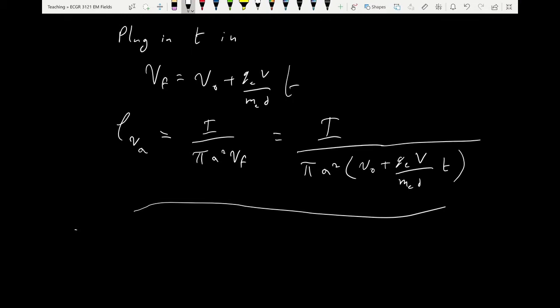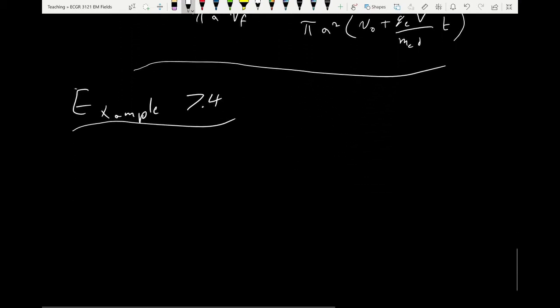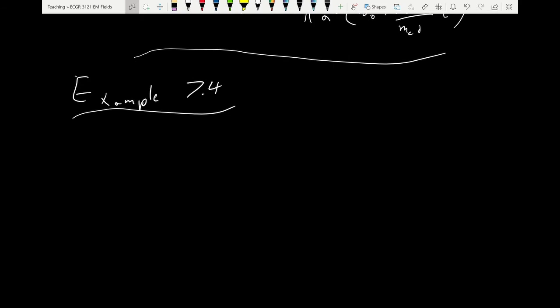Now we will switch to a fuse design problem. This is example 7.4, and it pertains to a fuse design problem. So how do you design a fuse? You design a fuse based on a property of copper. So let's say you have some material,